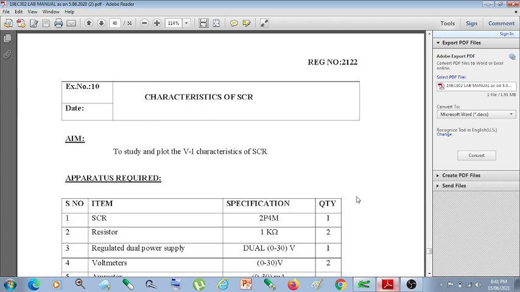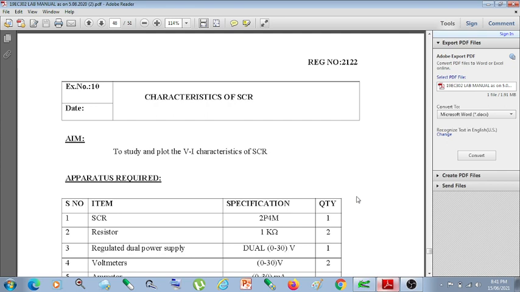Now we're going to see how this SCR works and what the procedure is to do the experiment with the help of crocodile clip. SCR is a family of 4-layer PNP devices. SCR is also known as a thyristor. It's a rectifier constructed of silicon material with three terminals for control purposes. The three terminals are anode, gate, and cathode. It also has junctions J1, J2, J3.